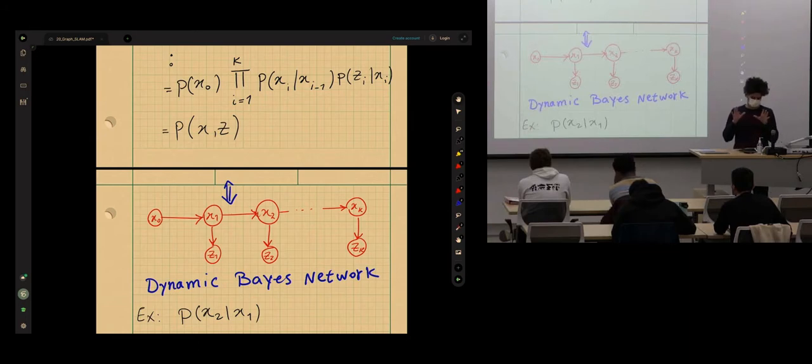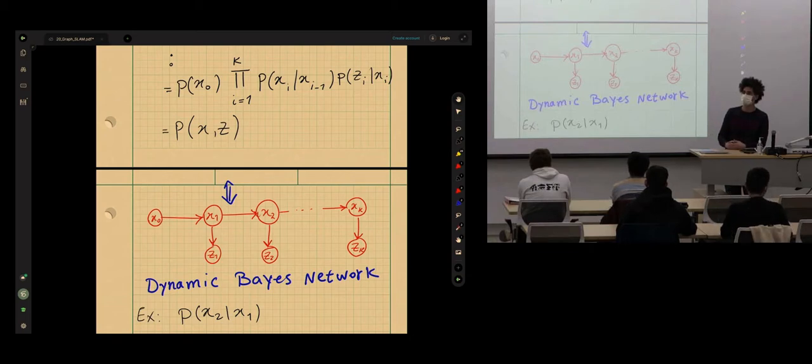Very generally describing it, the goal of a graphical model, as we will talk about throughout the lecture, is to describe the conditional independence relationships between all these random variables. Without this structure of the graph, the joint probability distribution of all the variables we showed would never be like the factorized form. The general case, when we have the joint distribution of x0 to xk and z1 to zk, it can be anything. We are not allowed to drop nodes unless we make assumptions, which we did, the Markov assumption.